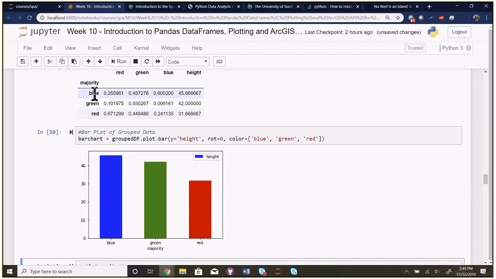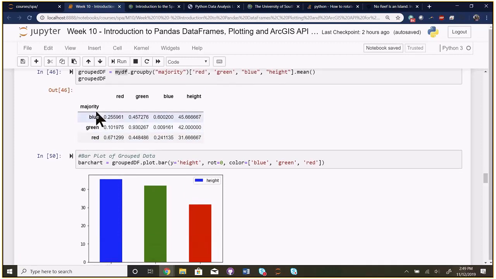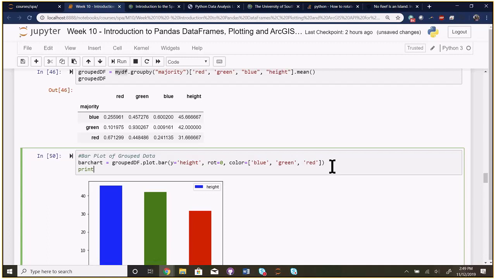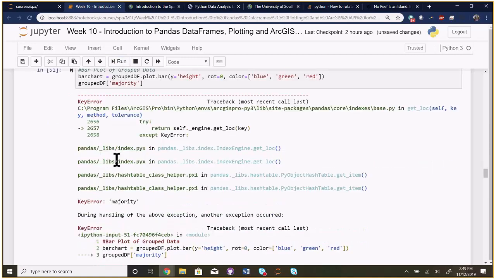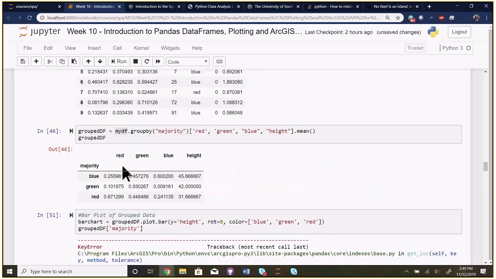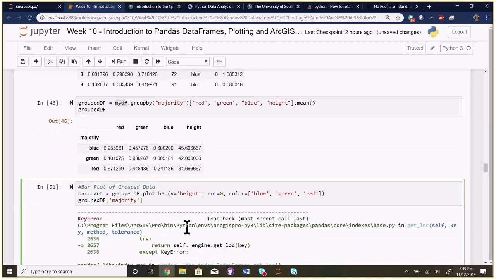In fact, you know what might be interesting is, see, these are blue, green, and red, and that is the index column, right? And so I actually can't. So here's what I'm trying to say. If I try to reference that column, I could go like this. So I want that series majority. Notice that it gives me an error. It says KeyError: majority. The index column, you can't reference it, okay? Unless you say,